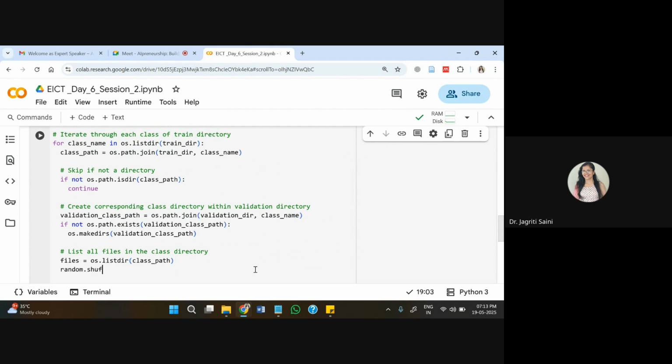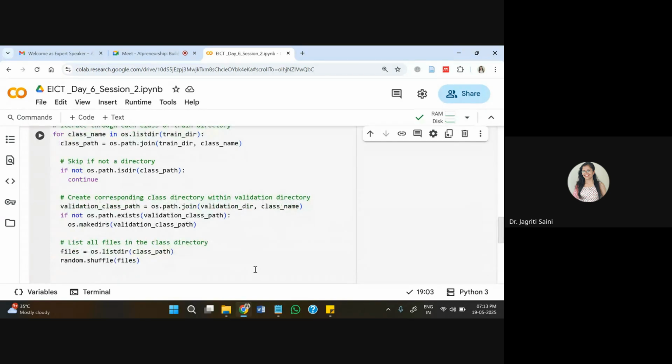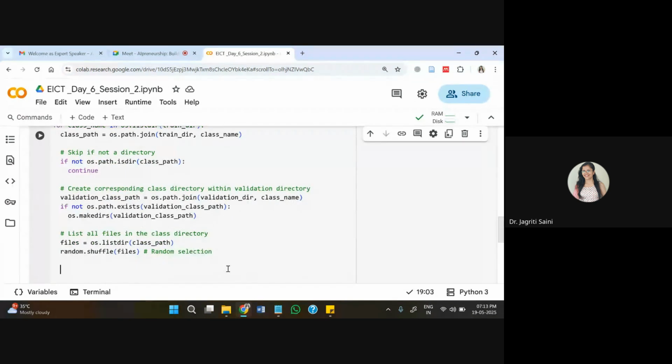And of course I'll do random shuffle for this, for all the files that we have within the repository. The reason for this is to ensure random selection of files, so that we do not create a biased validation dataset. Rather, we have random shuffling in the training data files, and then we pick any file randomly into the validation dataset, which is the most appropriate way to separate your validation repository.